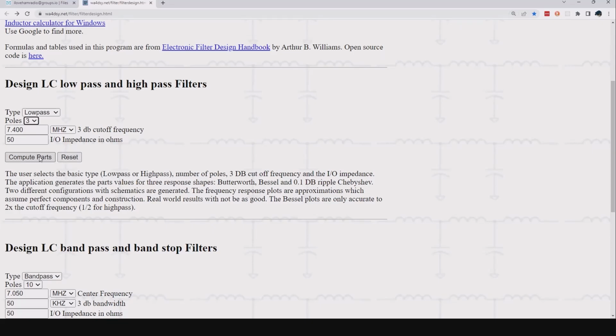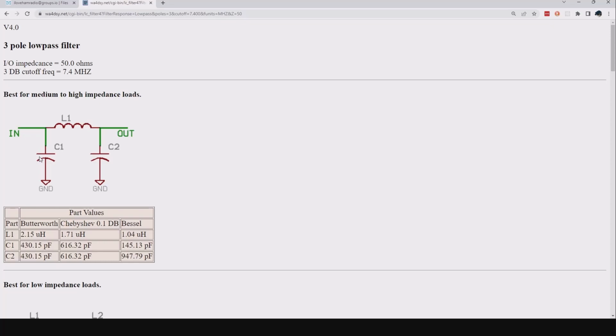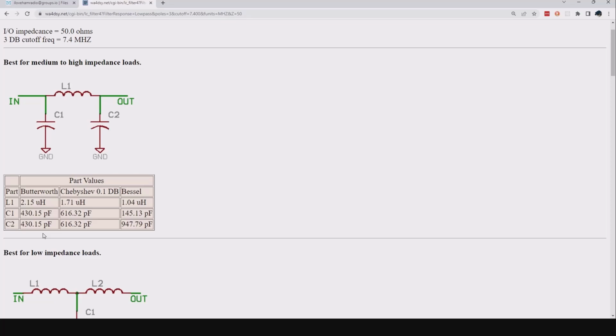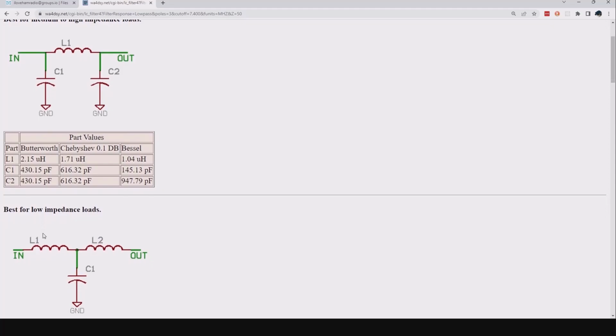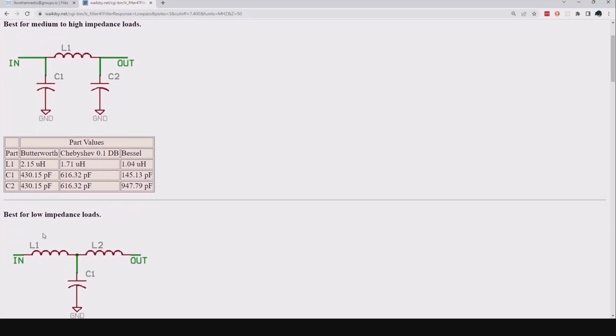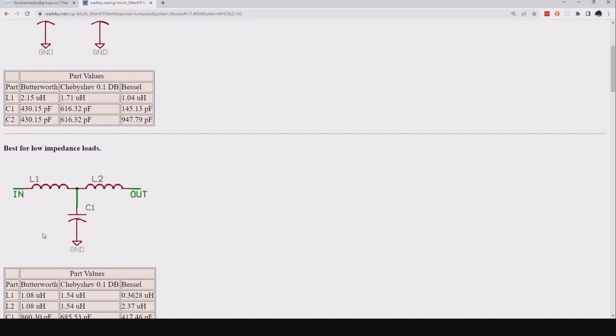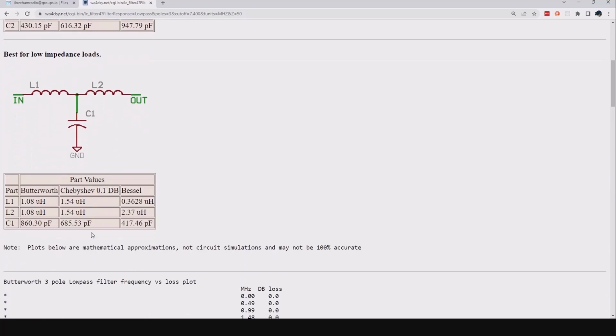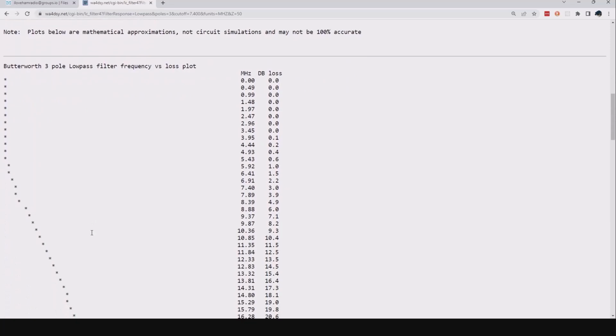So we can then click on here and say compute parts. And then it actually gives you the circuit. And if you're building it for a Butterworth or a Chebyshev or a Bessel, you would use these different values. So if you have a medium to high impedance load, you would do a capacitive based pi network. But if you've got low impedance loads, then you would do 2 inductors with a capacitor that does the shunting to ground. And then